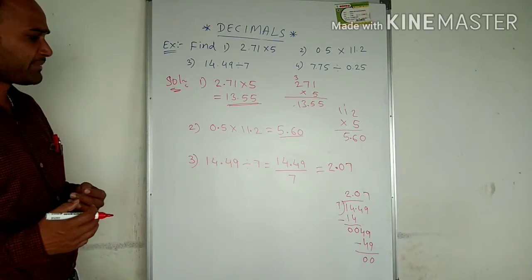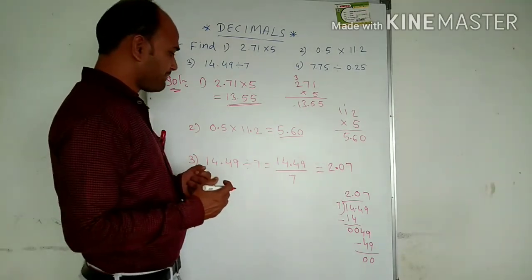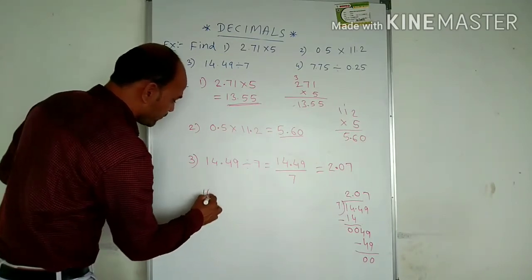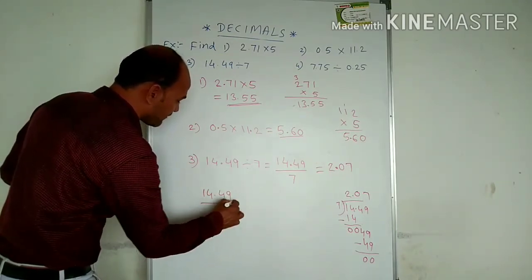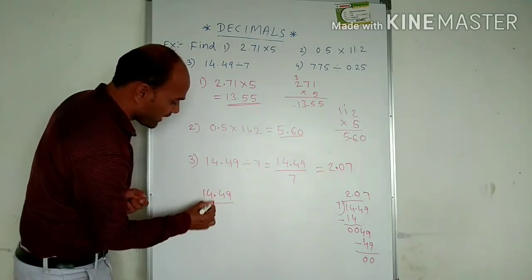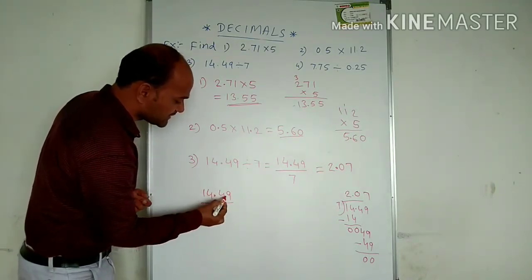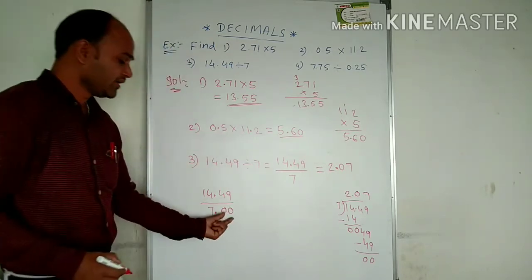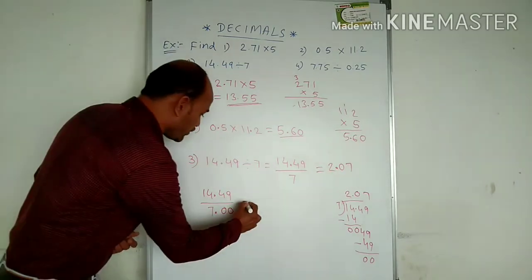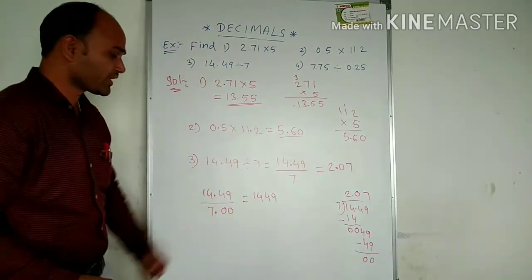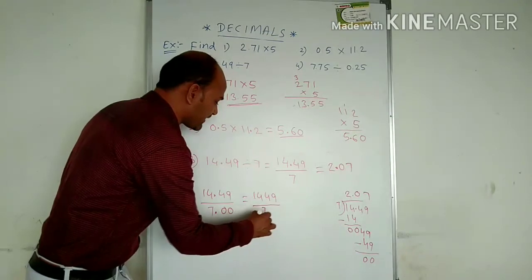और एक मेथड है इसको सॉल्व करने के लिए. और एक मेथड क्या है आपके पास सॉल्व करने के लिए, सिंपली आपको करना क्या है, लाइक डेसिमल्स में कन्वर्ट करके लेना है. जैसे अभी 14.49 था और डिवाइडेड बाय 7 है, तो यहाँ पर सिंपली ये जो पॉइंट है, पॉइंट के बाद कितने डिजिट्स है, 2 डिजिट्स, इसे भी लाइक डेसिमल्स में कन्वर्ट करके ले लो, 2 जीरो ऐड करके ले लो. Then what you will get, that is 1449 divided by 7.